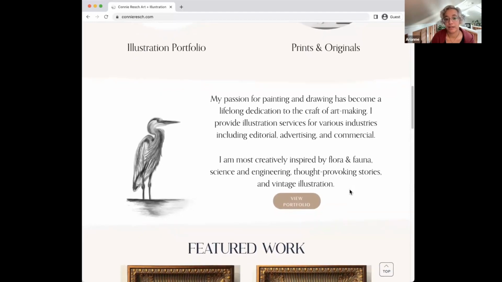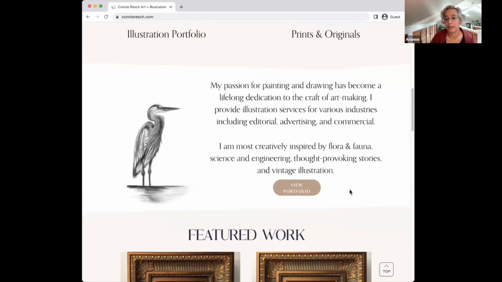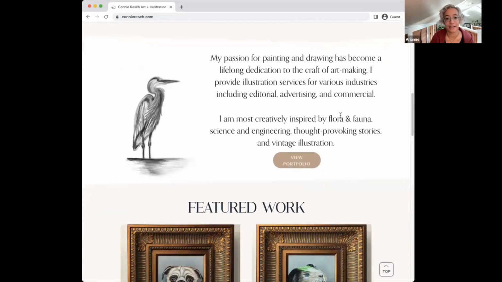And then, why do I care that you provide illustration services for various industries? Maybe that makes you multifaceted, or maybe there's some benefit for me about that, but you're not mentioning what the benefit is or why I should care. So for me, whenever I write anything on my website, I'm trying to imagine being the person reading it, and I'm thinking, why should that person care? And then go ahead and tell them that directly.